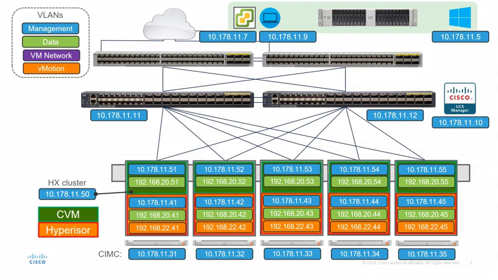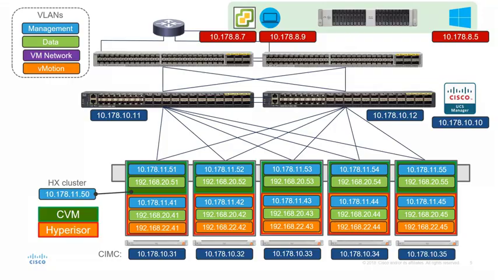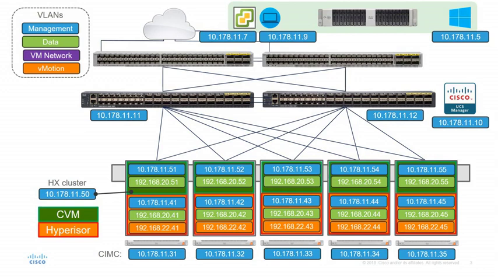In most cases, the out-of-band management VLANs and the in-band management VLAN would be separate and would use different subnets. The common infrastructure would be behind a router on its own segment and would be shared with other data center services. Since we are deploying our cluster in a lab environment, we are using one layer 2 network for all